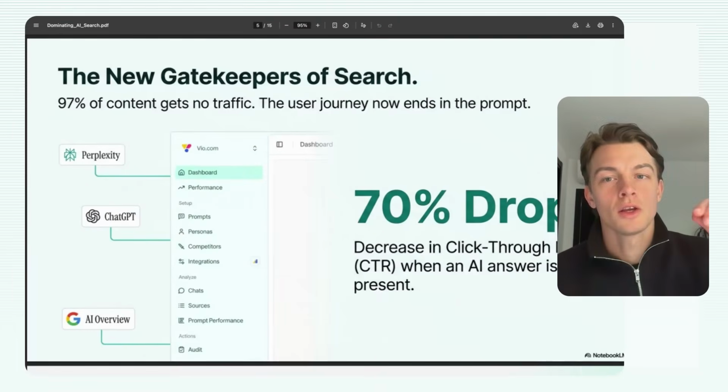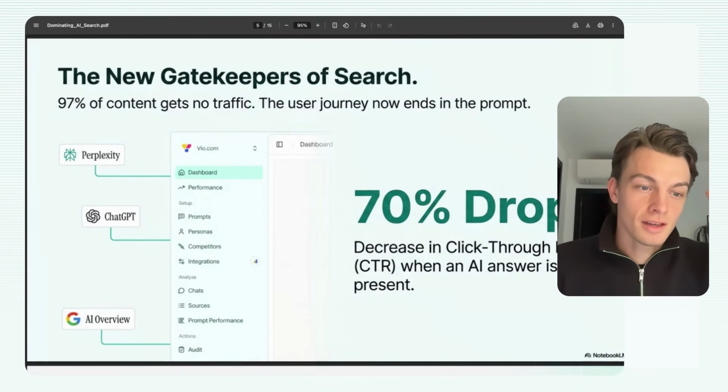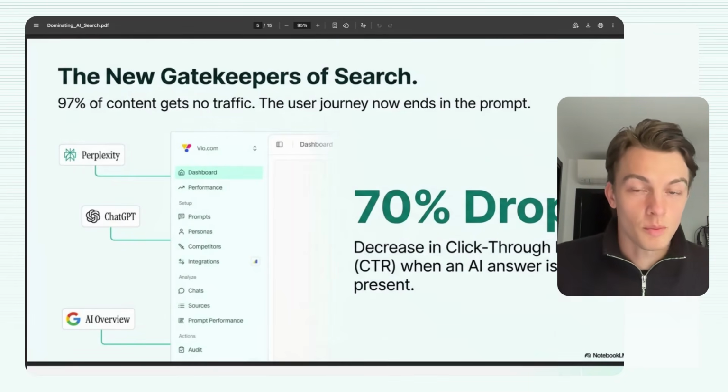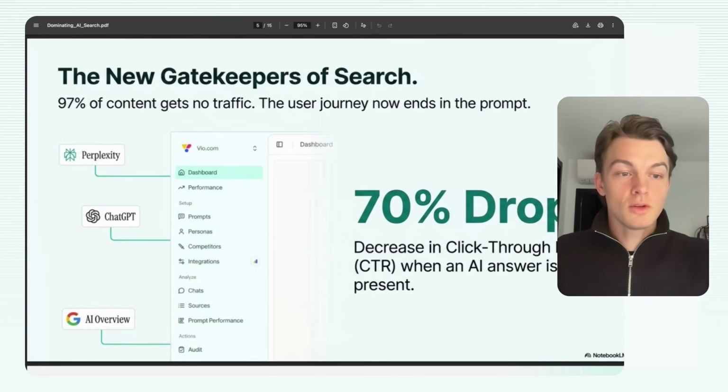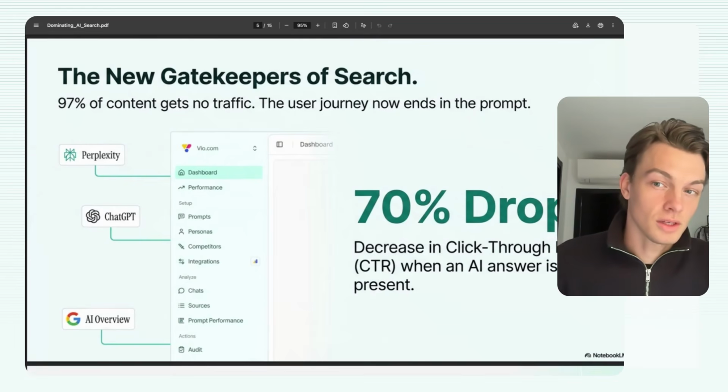Did you know your organic click-through rate drops by a massive 70% every time an AI answer appears in Google? So that means only 30% of the people browsing in Google will continue to go to the blue links. Meaning normal SEO with the blue links is down to only 30%, and it's estimated that 97% of content